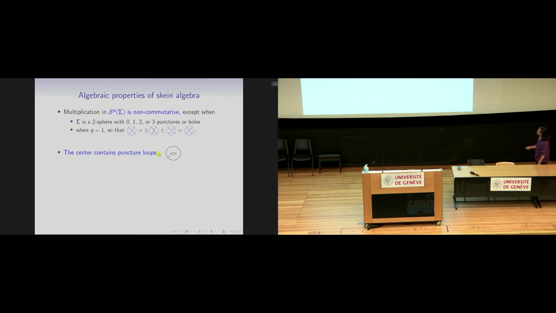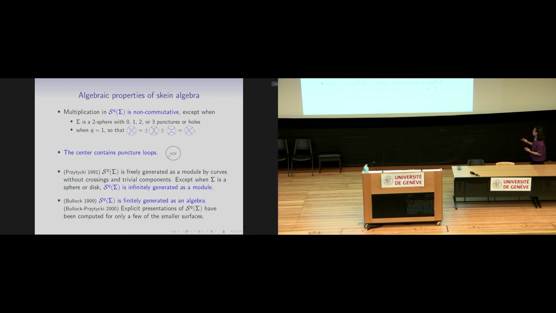It's easy to see that if you have a loop around a puncture, you can make that loop really, really tiny, so then it doesn't matter, right? The order, you can swap the order with anyone else, and so it's central. But otherwise, Przytycki in 1991 showed that